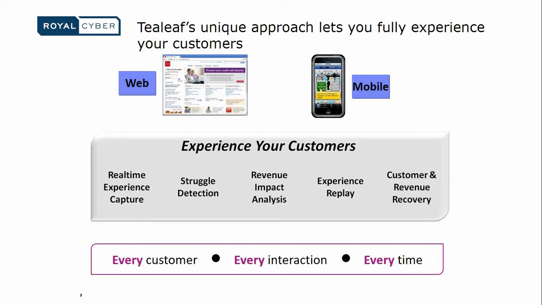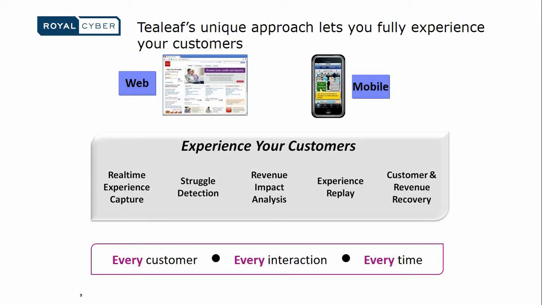and also the revenue impact analysis for any given issue. Even though it is a checkout funnel, there might be a number of reasons to drop off at a particular point. You might see issues 1, 2, 3, 4, 5. Out of those five issues leading to this dropout, which one do you need to prioritize? This is where Tealeaf comes into the picture. Tealeaf will identify, for each particular issue, how many sessions were impacted and how many users were impacted,